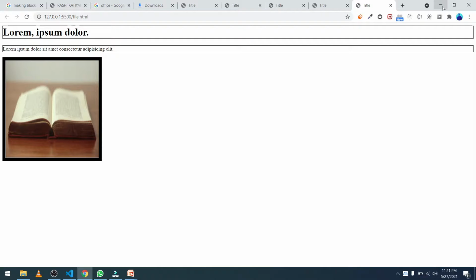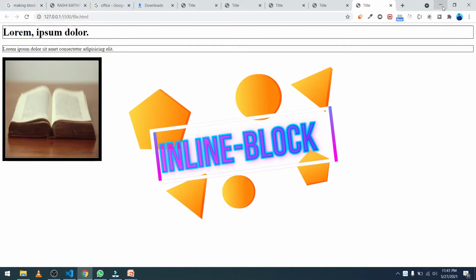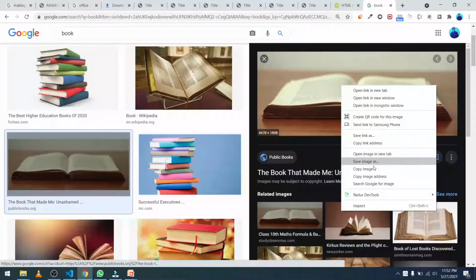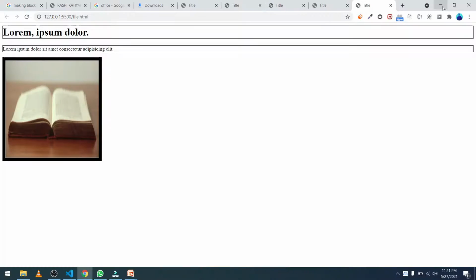Next, we will talk about how we should give the path to a resource in any language, not just HTML. Recall that while adding an image using the img tag in the previous video, we specified the name of the image followed by the file extension in the src attribute. The src attribute actually stands for source, which takes in the location where your resource, in this case, is placed. So we can also give in the absolute path where the image is located, and it should also work fine. So we copy the path, feed it there, and see it works this way too.